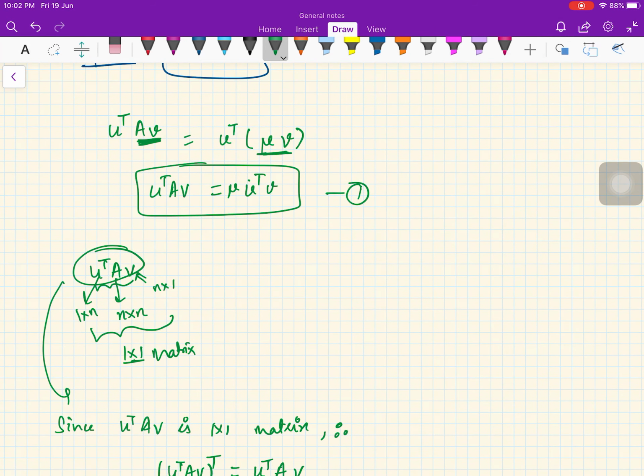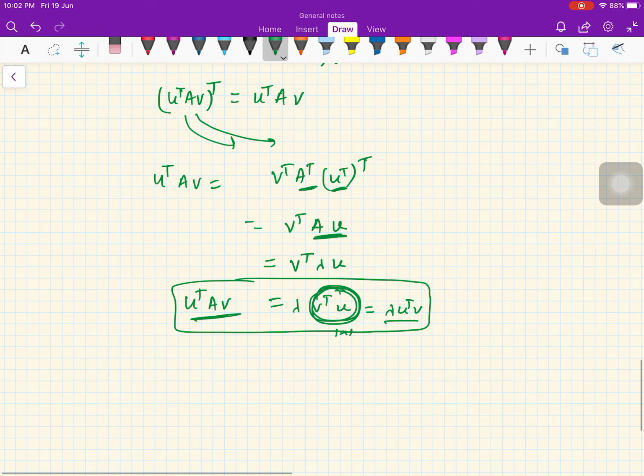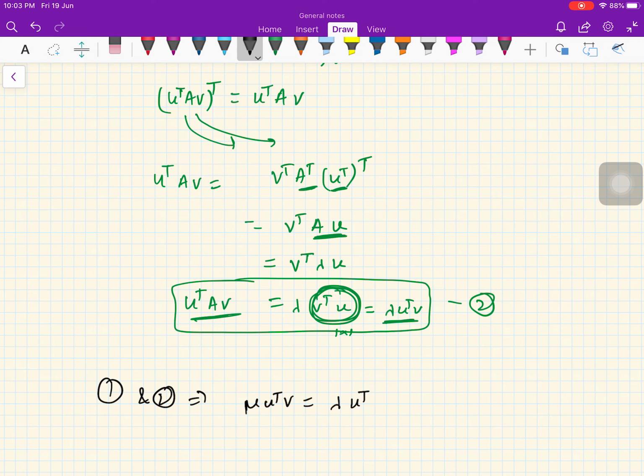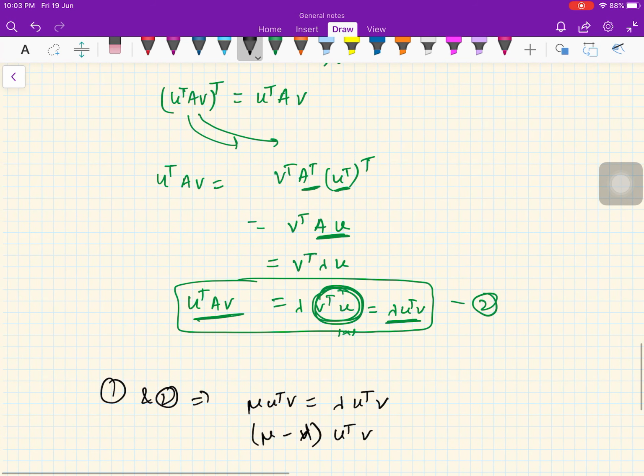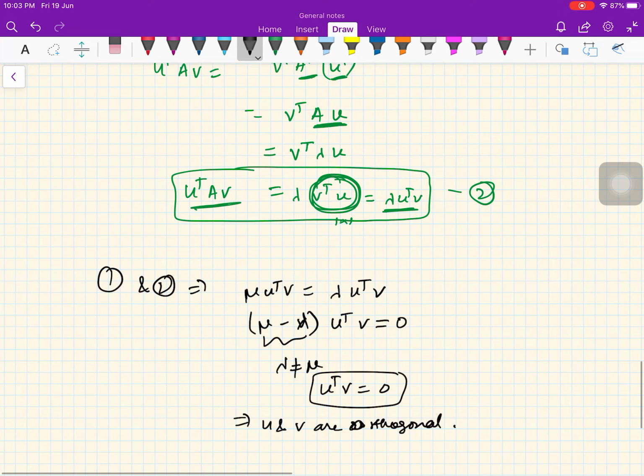So you see, from 1 you have this quantity equal to mu u transpose v, and here this quantity is equal to lambda u transpose v. So 1 and 2 imply mu u transpose v is equal to lambda u transpose v. So this implies (mu minus lambda) into u transpose v is 0. Because lambda is not equal to mu, therefore u transpose v is equal to 0. It implies that u and v are orthogonal. So we get that when you have a real symmetric matrix with distinct eigenvalues, then the corresponding eigenvectors